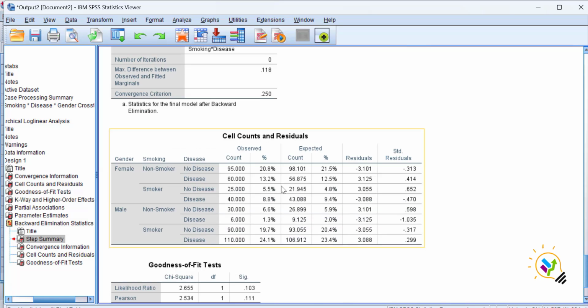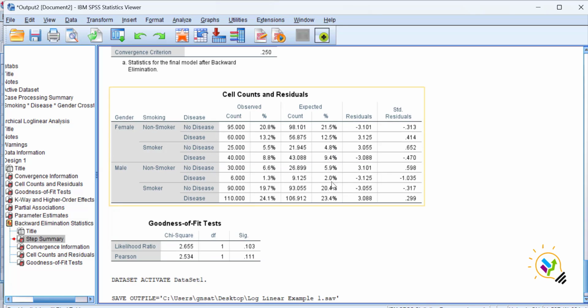Next, cell counts and residuals. This is the same as what we have seen, the cross tables between the three dimensions. The last one is